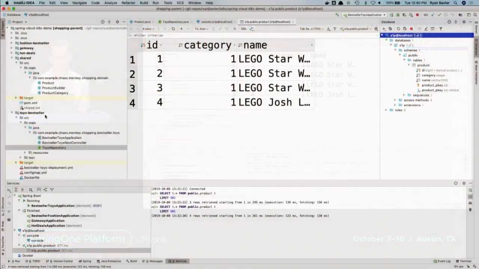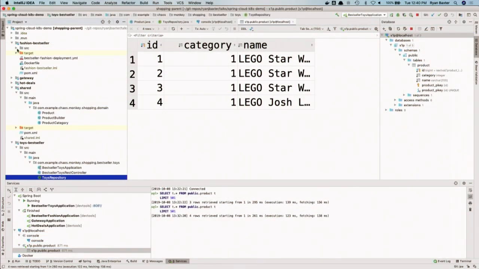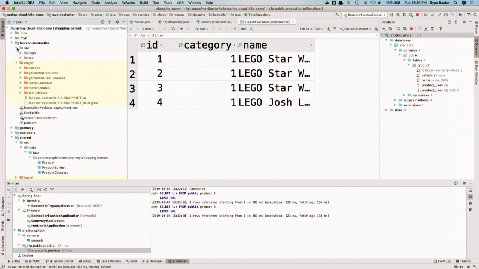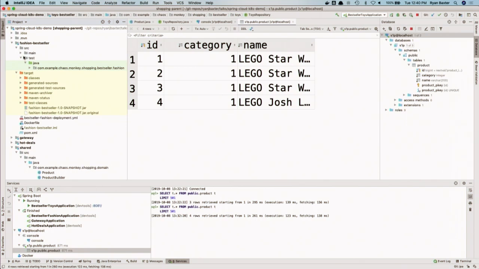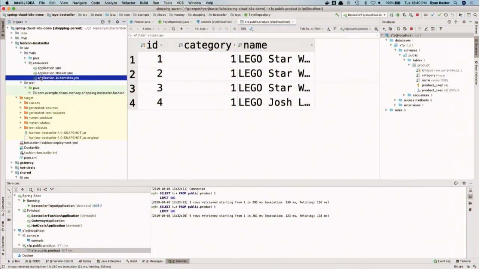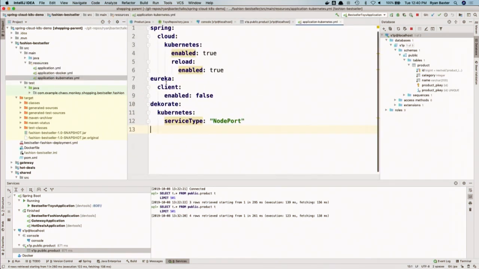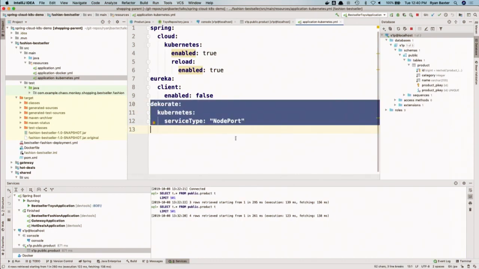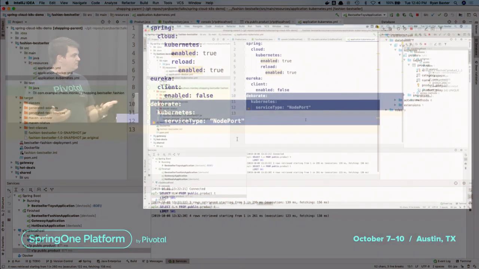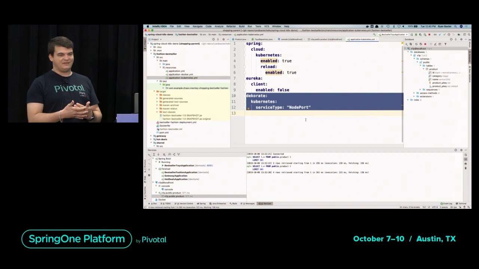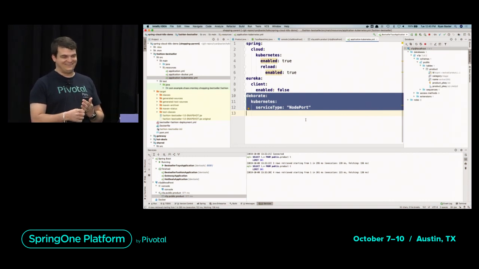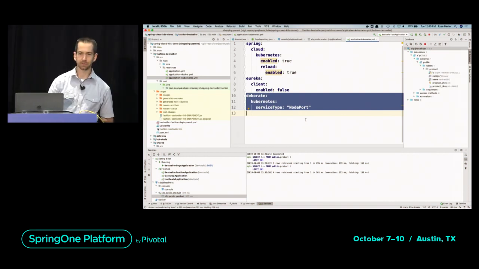I think you understand that you don't have to use Dekorate with Spring Cloud Kubernetes. If you really want to write the YAML files by yourself, it's up to you. We used Dekorate in this demo to go faster and to generate these files for us because we are not YAML architects. But if you do want to customize it, it's all done via configuration properties. So that's how I change, for example, the service type. Okay, that was generated.